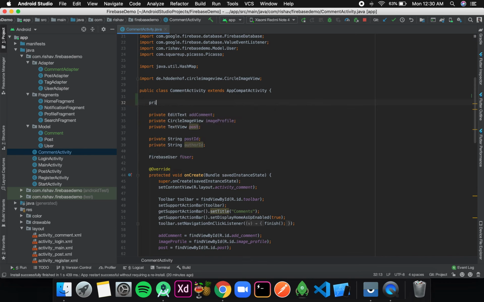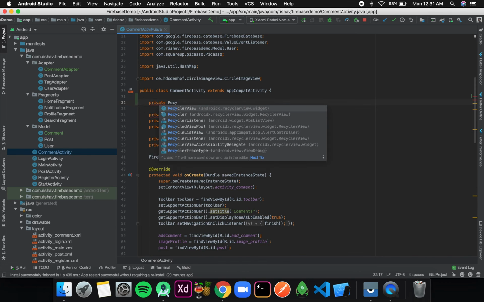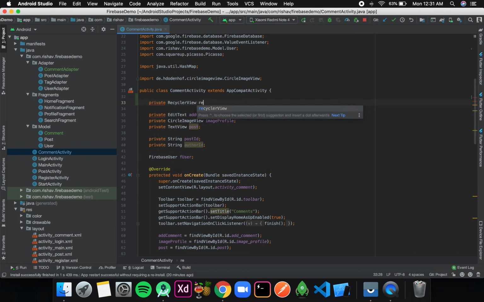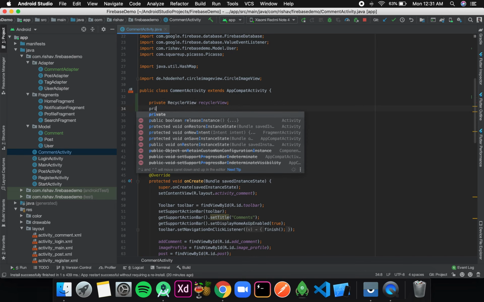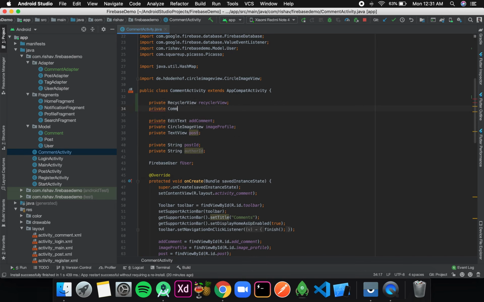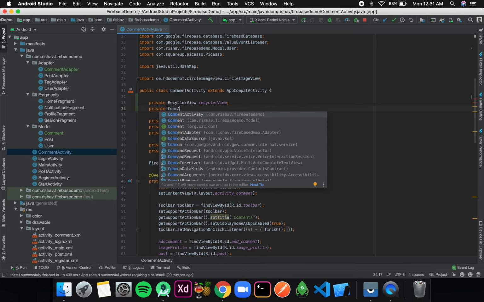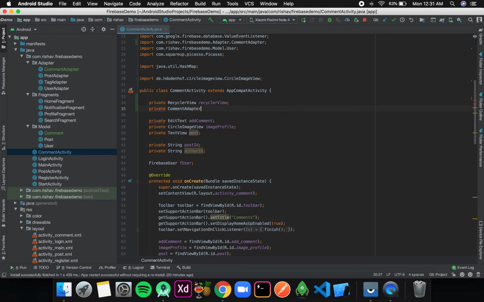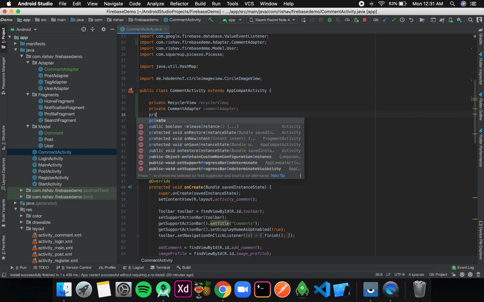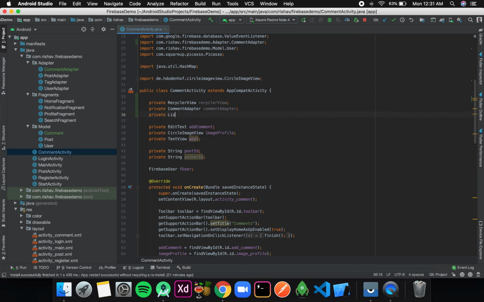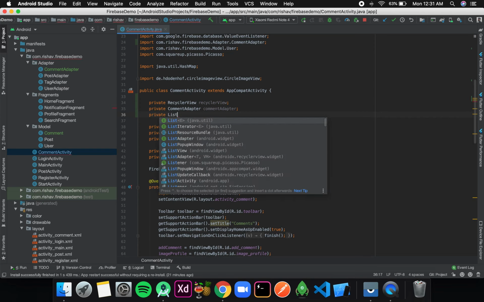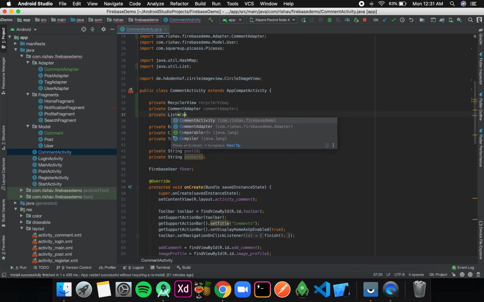First one is the private RecyclerView recyclerView, private CommentAdapter commentAdapter, then after that private List of Comment, and I'll call it commentList.